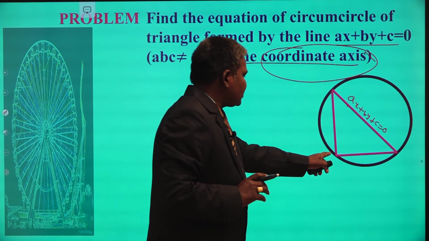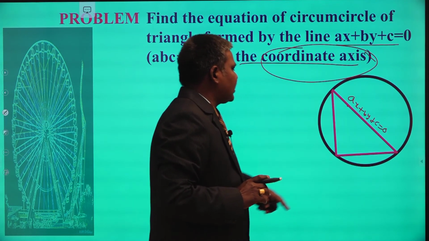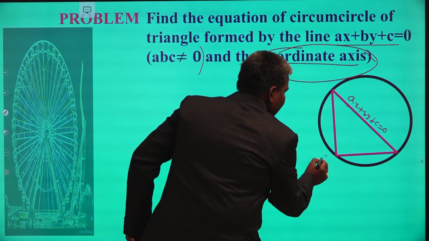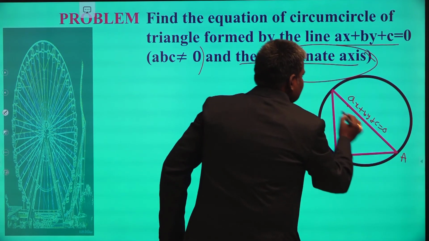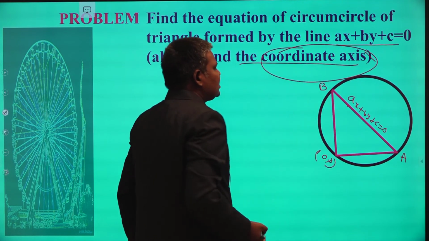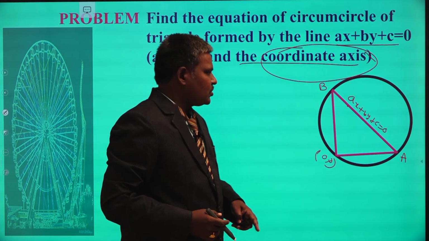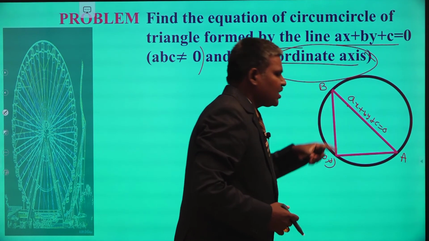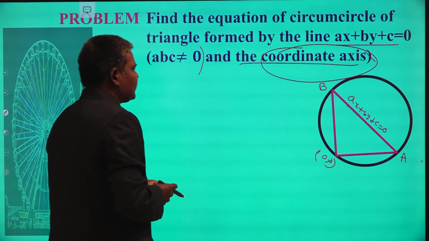Your circle passing through origin. Why am I calling it passing through origin? The point of intersection of the coordinate axes is what? Origin. Passing through origin, it intersects the x-axis at A and intersects the y-axis at B as shown in this figure. Once I get the values A and B, the lengths of the intercepts, can I write easily the equation of the circle or not? Yes, you can write easily the equation of the circle.